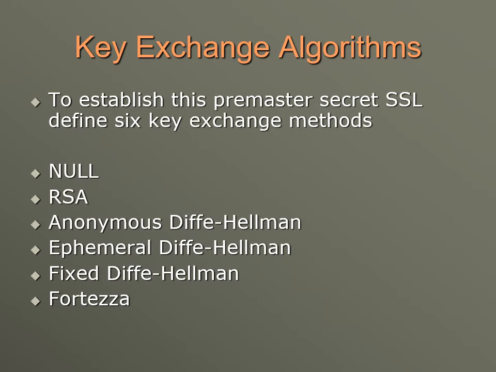So in other words, the two parties do not directly exchange the half keys in fixed Diffie-Hellman, whereas the certification authority sends the half key in RSA or DSS special certificates. And when the client needs to calculate the pre-master secret, it uses its own fixed half key and the server half key, which is received in the certificate. And the server does the same, but in the reverse order. So here in the fixed Diffie-Hellman, no key exchange messages are passed and only the certificates are exchanged. The last one is Fortezza, and